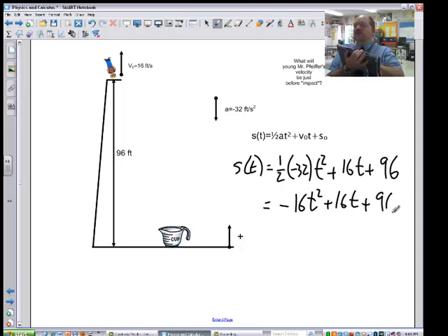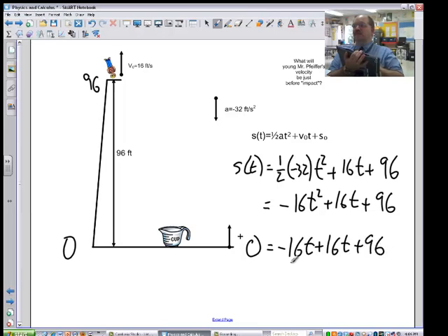Okay, question: what's Mr. Pfeiffer's velocity going to be right before impact? And we're going to say, the bottom of the cup here is where we're talking about. What's his position going to be at that point? His position, well, if it's up 96 here, his position there is going to be 0. So first thing we need to know is when is his position equal to 0,